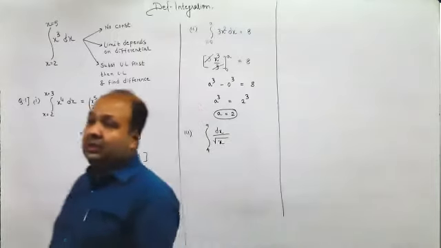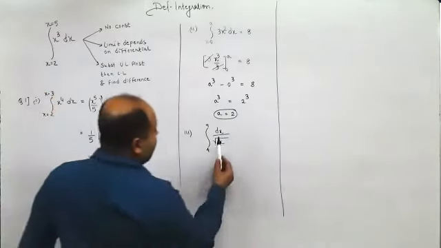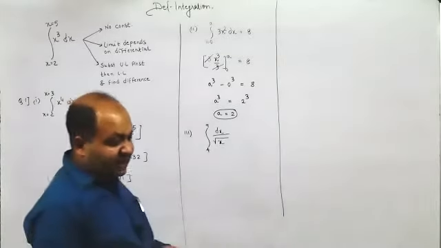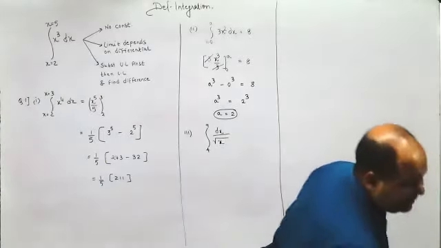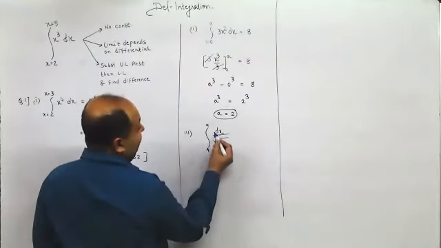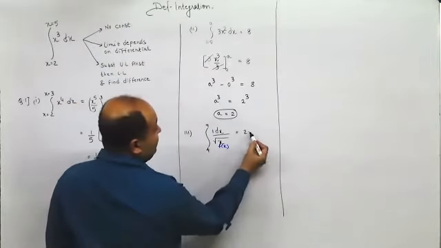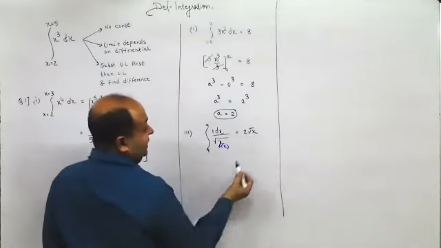Between 4 and 9. Again, here if you observe, this is dx upon root x. Treat it as if this is an indefinite integration problem. So here you would get, this is f of x and its derivative is f dash x, which is 1. Now, therefore, the answer would be 2 times root x without any constant, because this is definite integration.